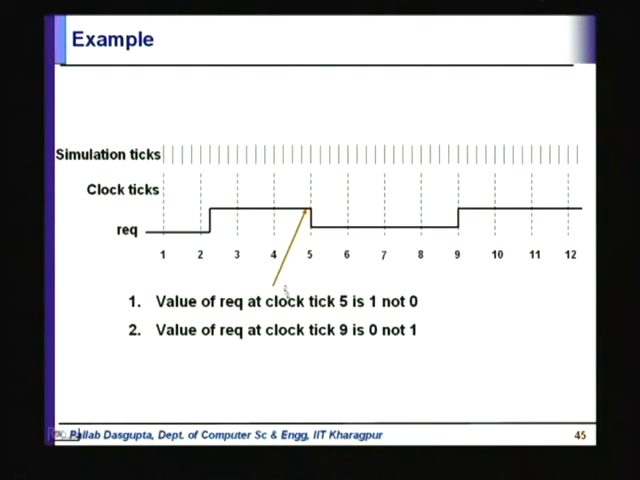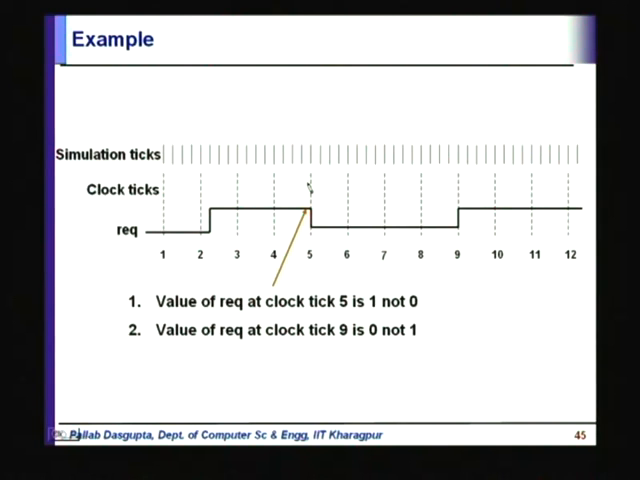So, if you look at this, then the value of request at clock tick 5 is 1, not 0. See, at clock tick 5 the value that you are reading is here. So, you can assume that everything changes in the next cycle. If you are at the beginning of the next cycle, your value here is 1. Even though we may draw it like this, you can assume that this dotted line is a little to the left,